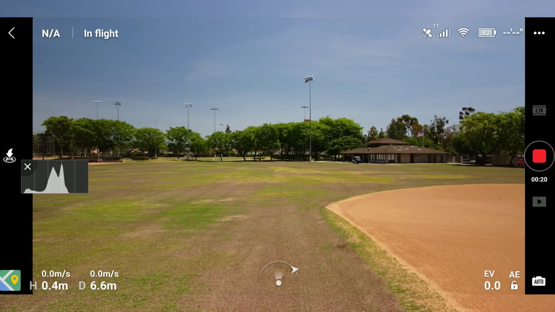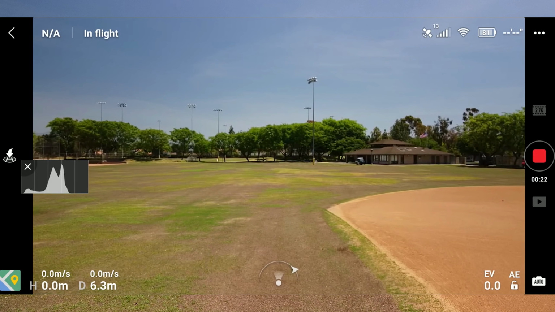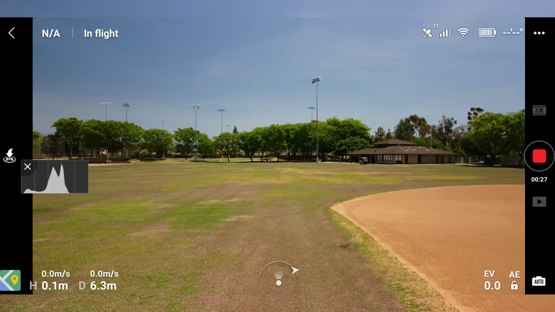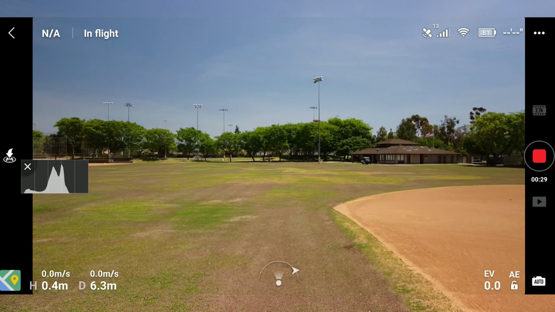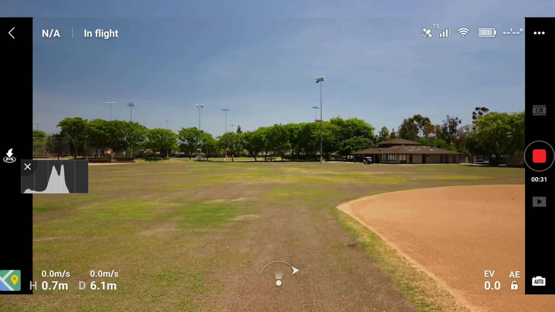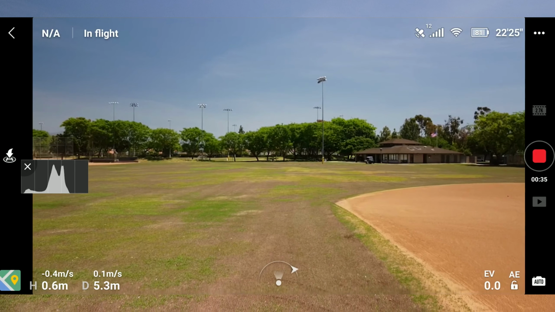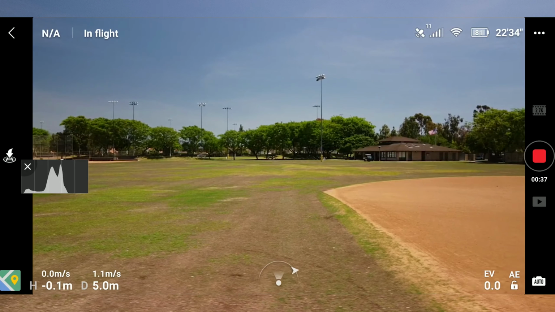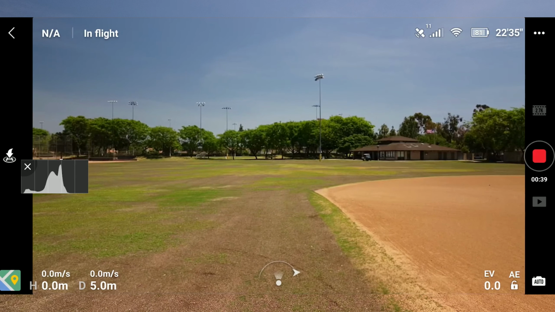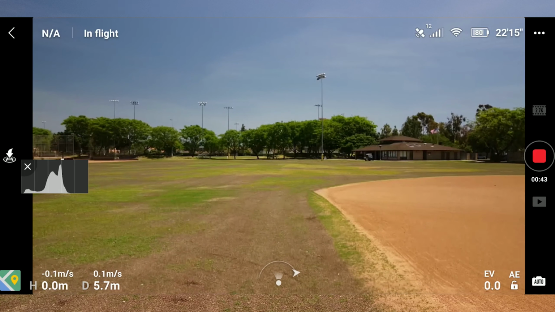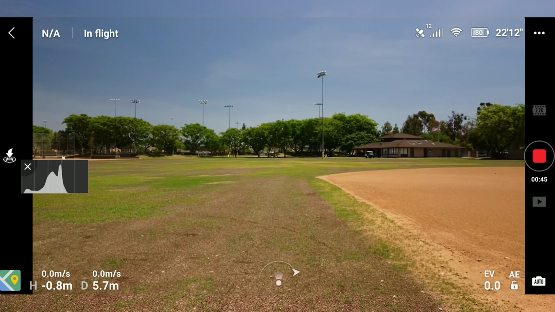So it's pretty windy right now, so I'm not going to be going too high. In fact, I want to stay low to the ground so we can get some good motion blur. You get to see the effect of the ND filter more. So let's go a little lower. And the sun's pretty much right ahead of us. So I'm going to try and get as low to the ground as possible so you guys can see that